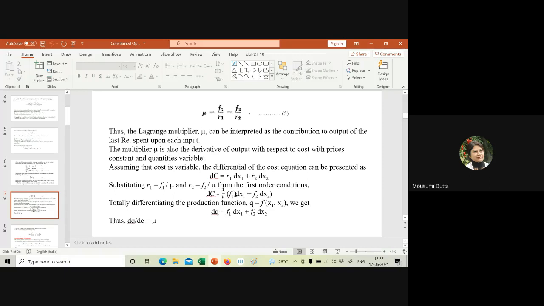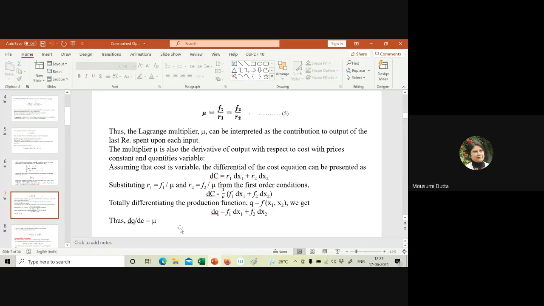Substituting dq in place of f1 dx1 plus f2 dx2, we can interpret mu as dq by dc. Simply, it is the change in output due to change in cost. In the context of production, mu can be interpreted as the worth of the last rupee spent upon each input